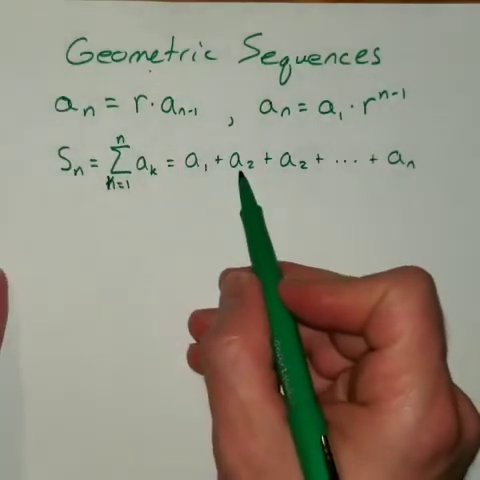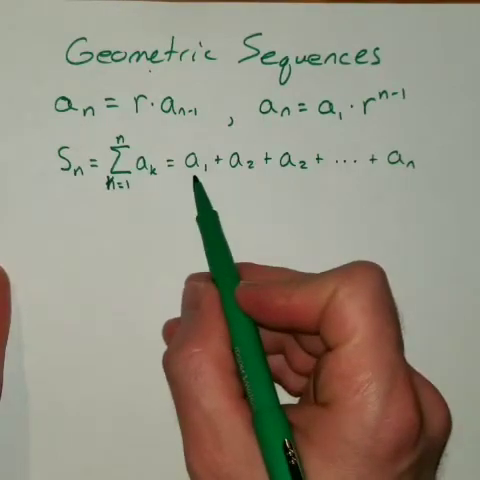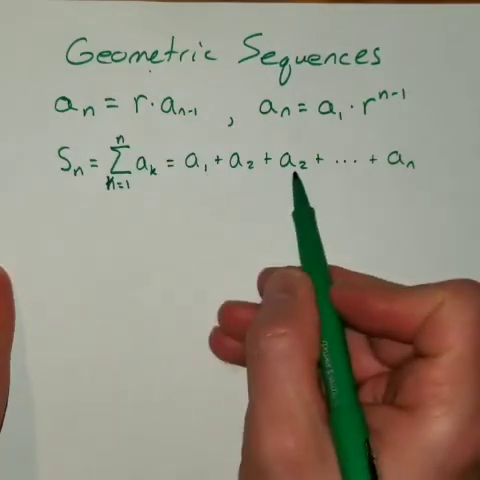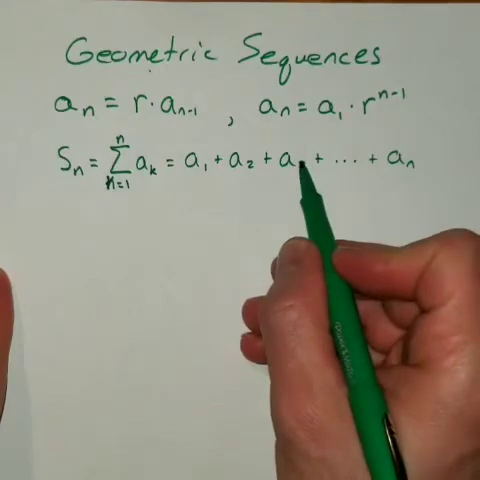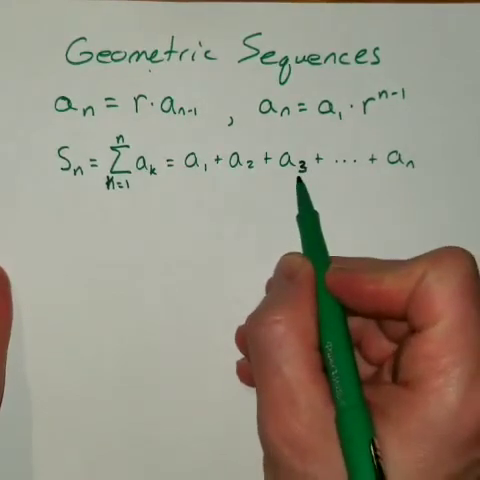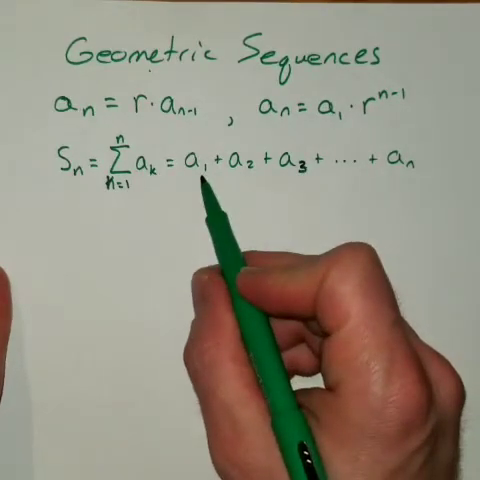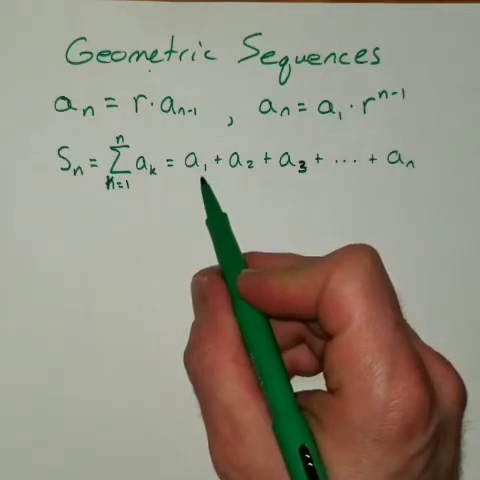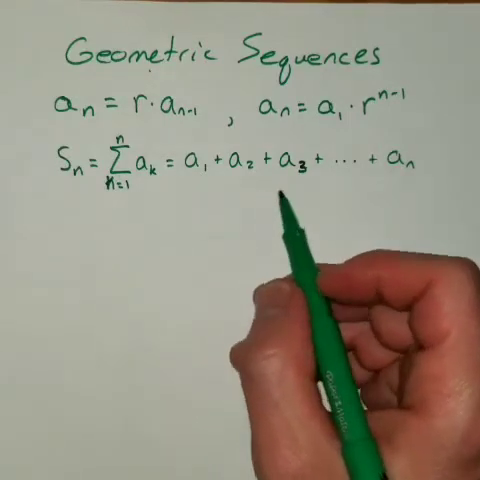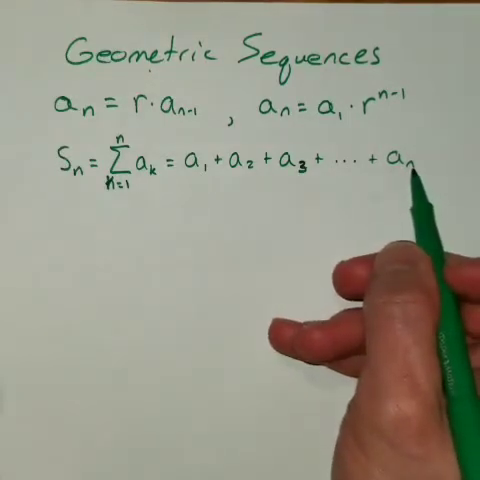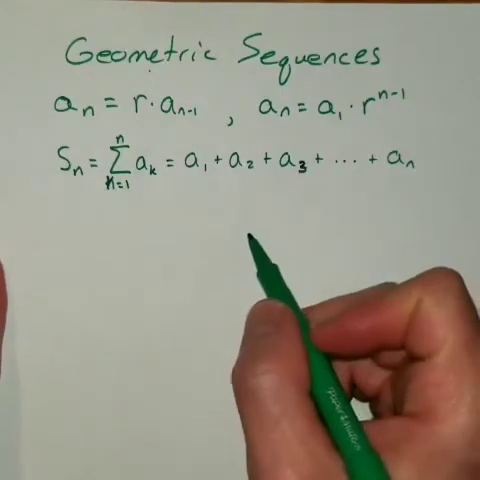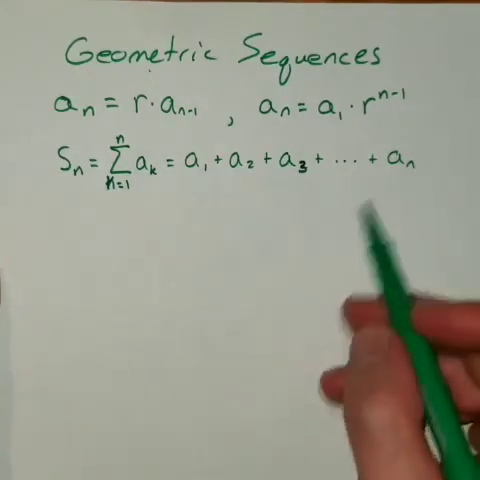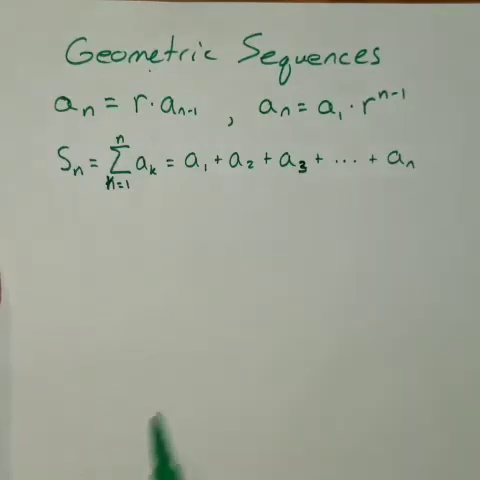Now each of these, like a sub 2, is really a sub 1 times r, and a sub 3 should really be a sub 1 times r squared. And then you get r to the third, r to the fourth. This would be r to the n minus 1. If you do all that substituting and some algebra to simplify,